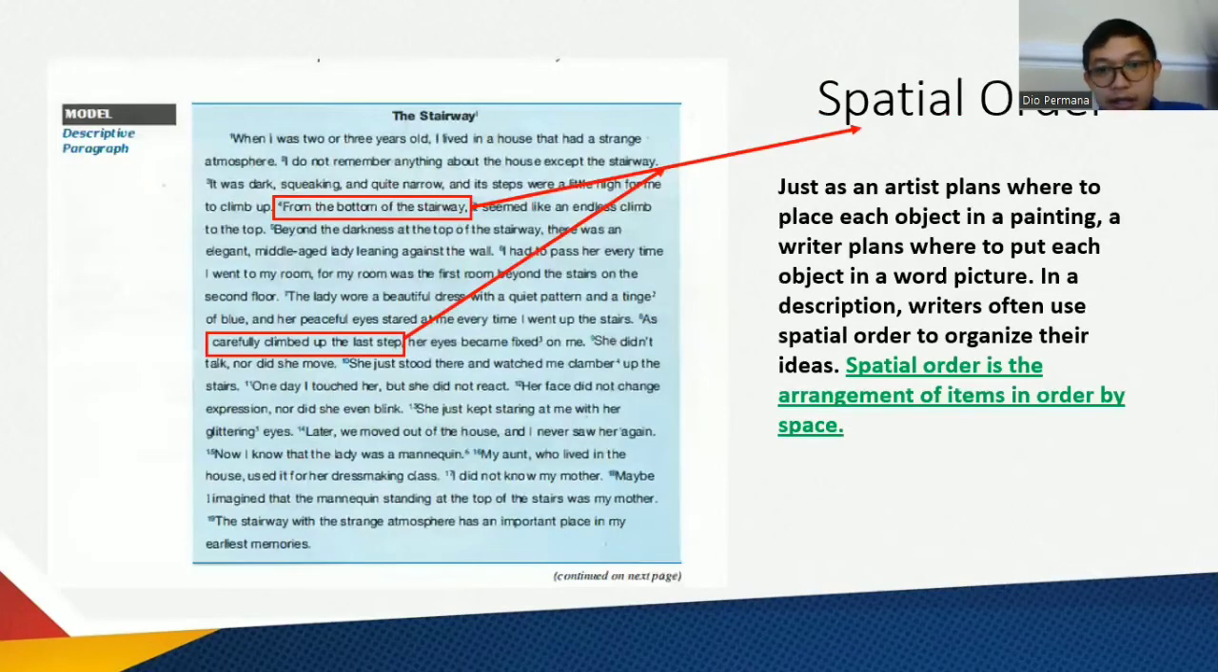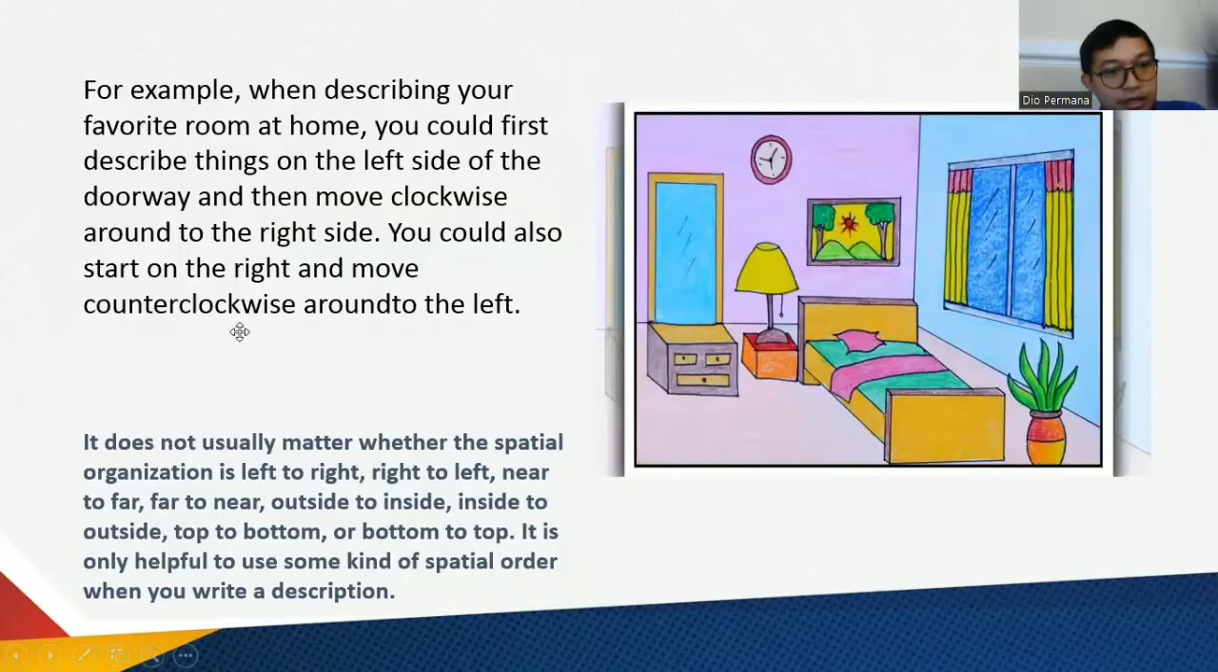Here, as you can see from our sample, it is entitled The Stairway. This is spatial order. In spatial order, you need to tell the story by the arrangement of the items. Jadi contohnya nanti akan saya tampilkan di slide berikutnya. In this text, the author of the stairway mentioned the condition in spatial order. He started from the bottom until he got to the top of the stairway. So this is what I mean with